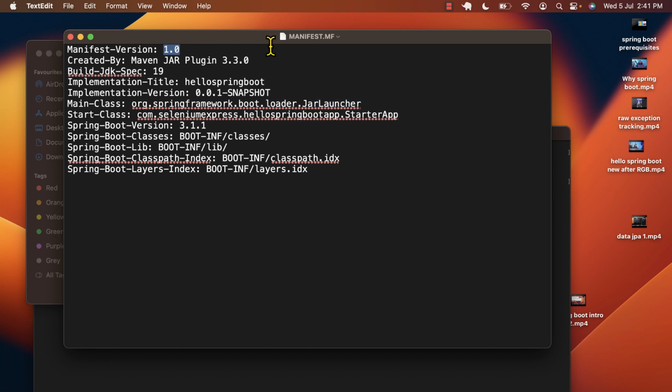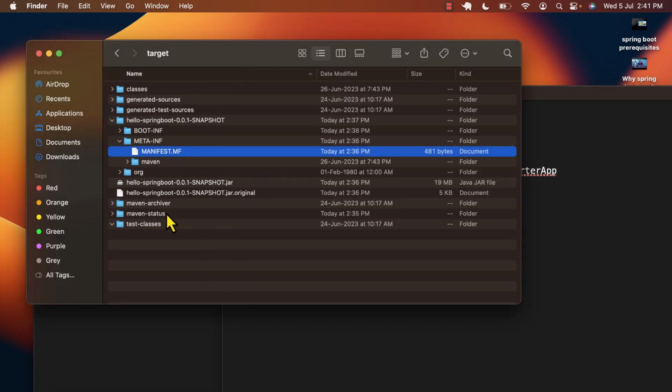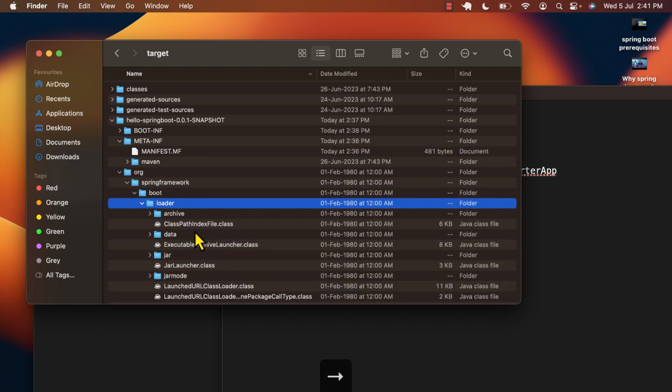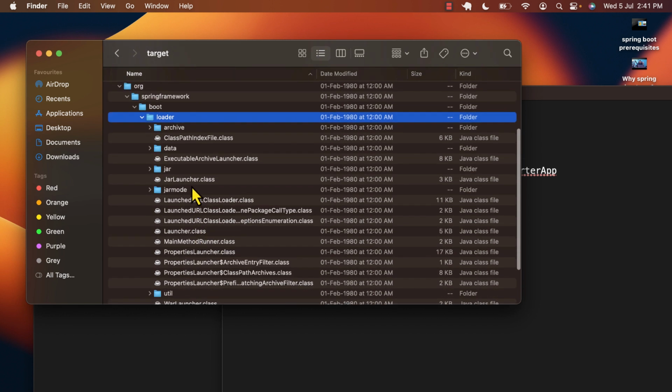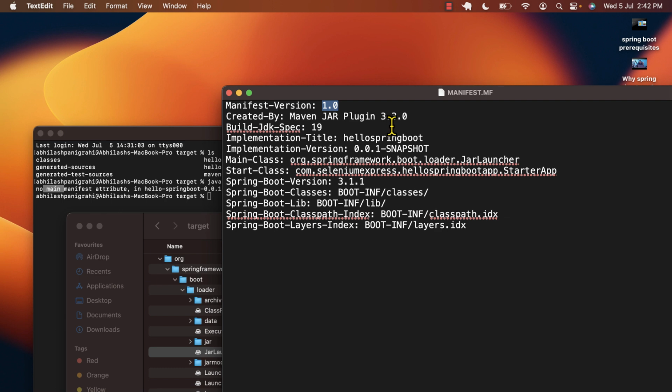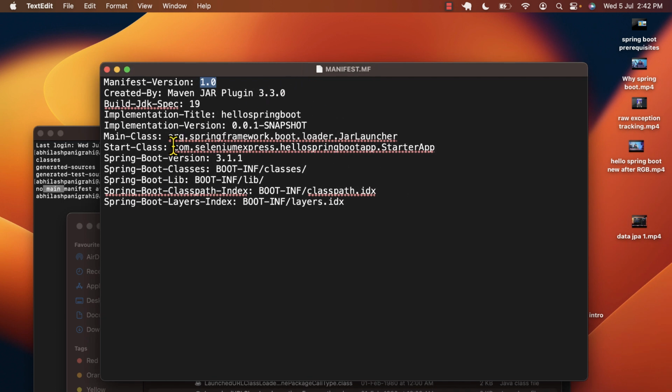Now this starter app will be given to the jar launcher. What is jar launcher? If you go inside this, and go to org, springframework, boot, loader, you're going to find the jar launcher here. You can see JarLauncher.class. So this JarLauncher.class will help you to launch your jar file. This jar launcher is basically the program which will help you to start your application. To this jar launcher, your main class will be given. To your jar launcher, this start class will be given. The start class is starter app. Now the jar launcher will get your starter app, and it will help you to start this starter app, and the starter app knows from where it will be